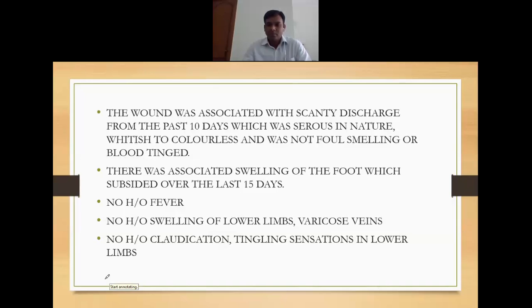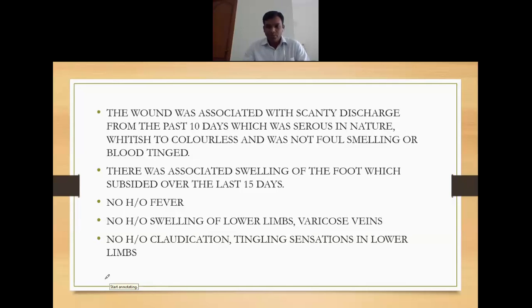If there is any Pseudomonas infection, it can be greenish. If it is Staphylococcus infection, it can be yellowish. Here, in the history, you want to know whether it is serous, which is usually a healing ulcer or just a fresh ulcer, or a colored discharge which might give you an idea that it is infection, or it might be bloody also, that it might be inflamed or spreading, or sometimes a fresh ulcer which is having some bleeding.